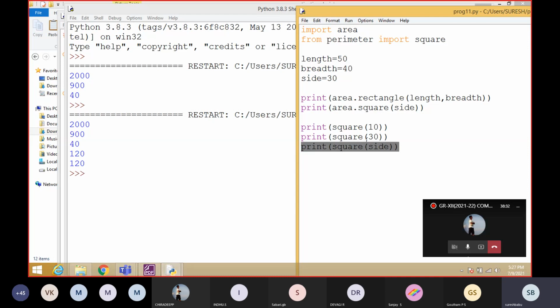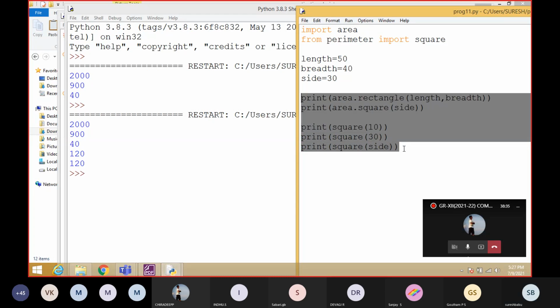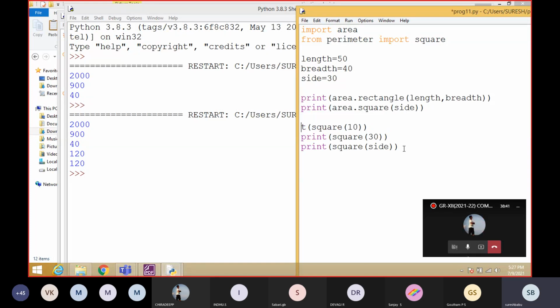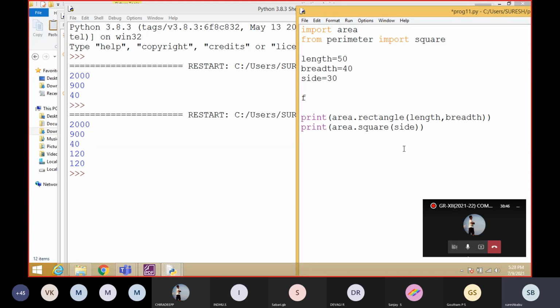Okay, so I'm going to show you one more thing. Just listen to everything. What I'm going to do is include a for loop: for i in range of length, comma, the end value I'm going to give is 100, and the step value is 10.